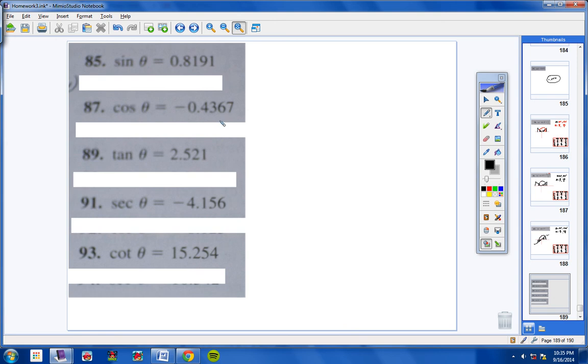Okay, it looks like here it says use a calculator to approximate two values of theta in degrees between 0 and 360 that satisfy the equation. So round the value to 2 decimal places. Okay, here we go. So first of all,